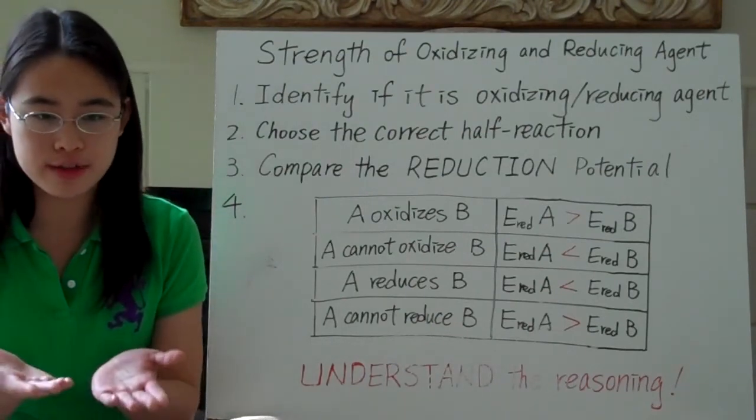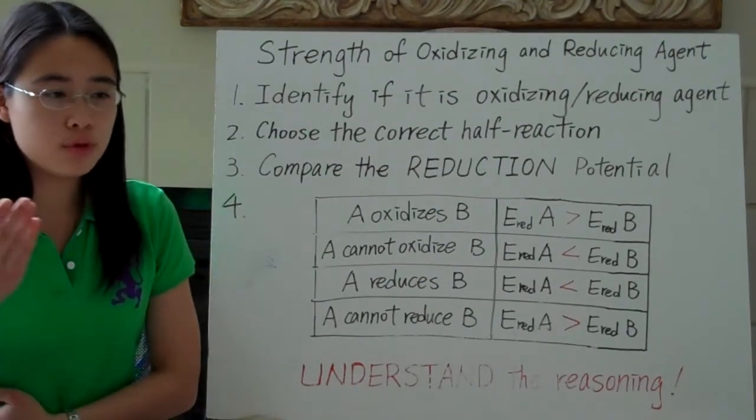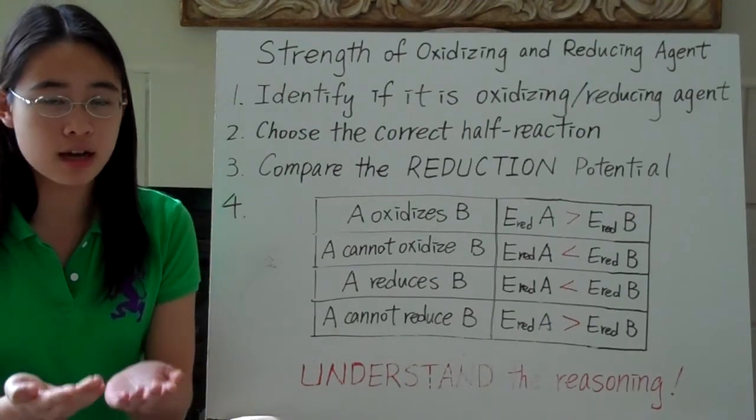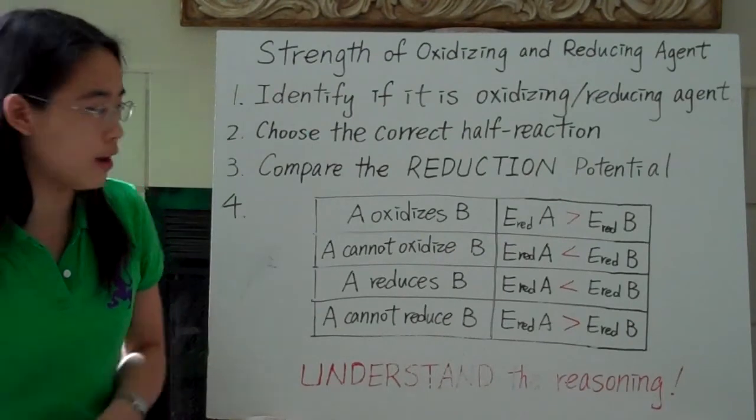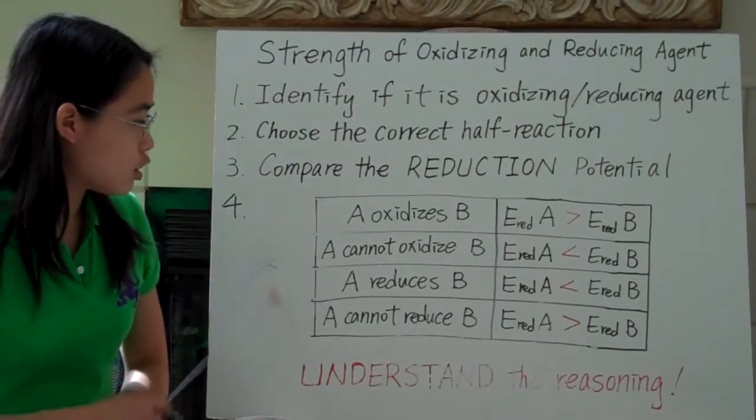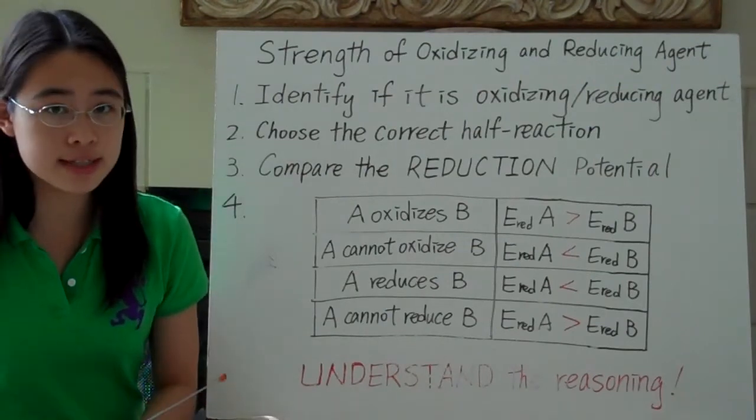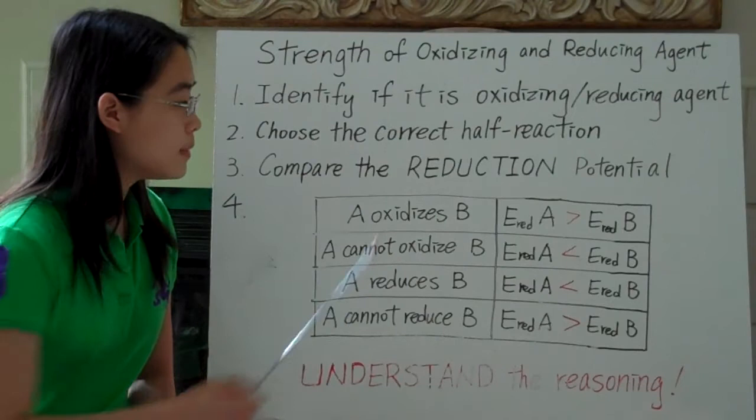So when you compare two things, you really want them to be on the same basis. If you're comparing reduction potential with oxidation potential, then it's really hard to compare. And this is the chart that I made for the comparison of oxidizing and reducing agent. So if A can oxidize B, then that means